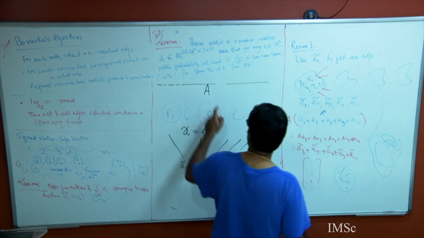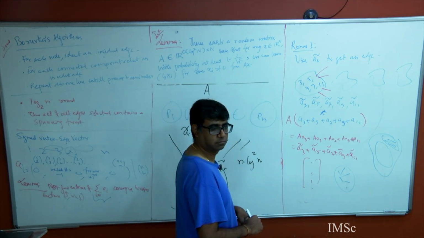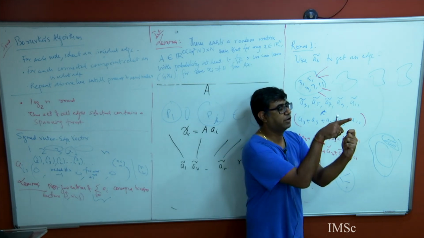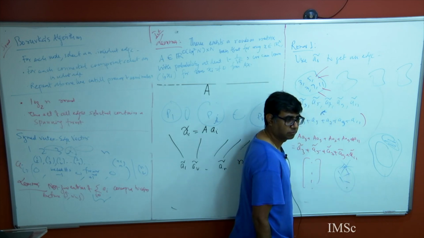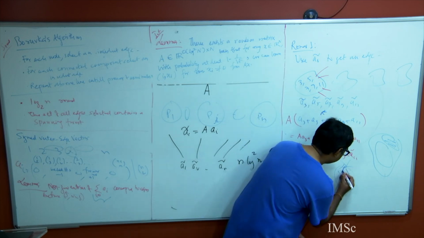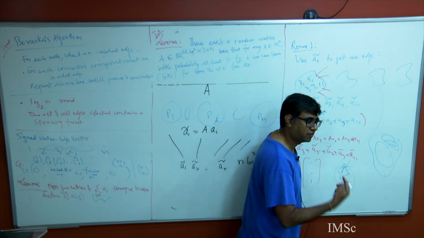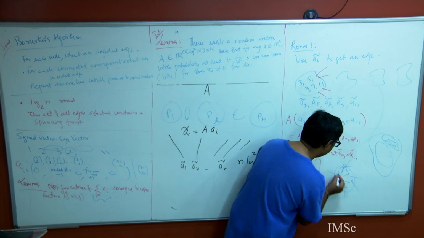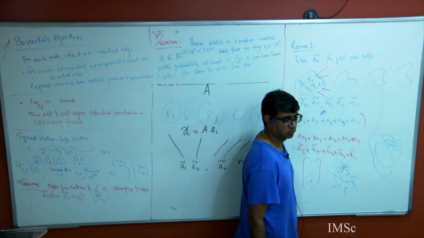Look, I'm going to support an edge uniformly at random incident to me. So when I am applying to him, for him it is any edge which is incident to him, uniformly at random. So he chose this edge which is inside my connected component. Now what are you interested in? You are interested in uniformly at random over the edges which are going outside this connected component. So the probability will decrease.